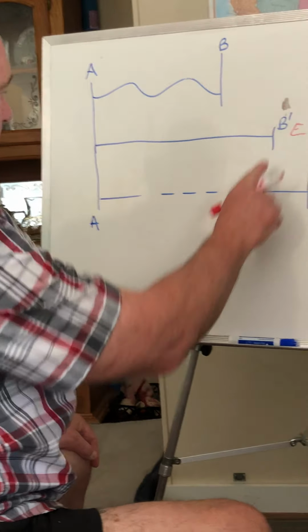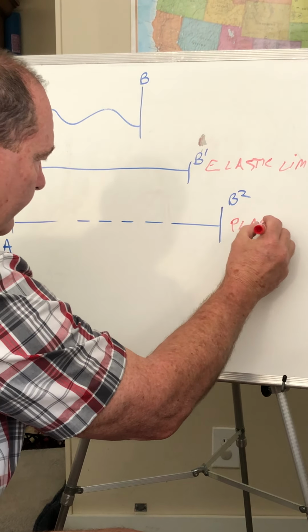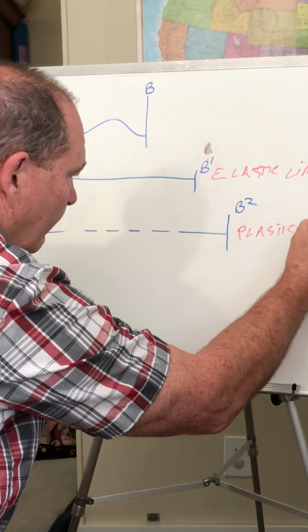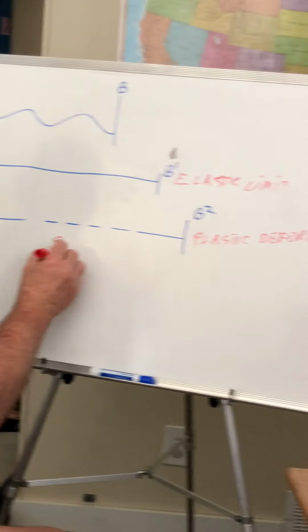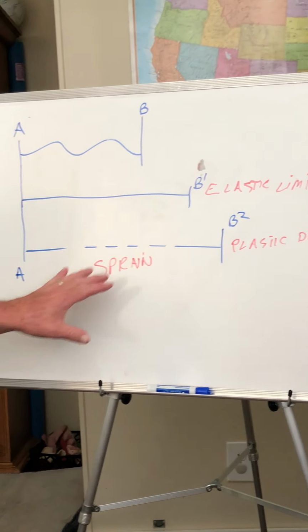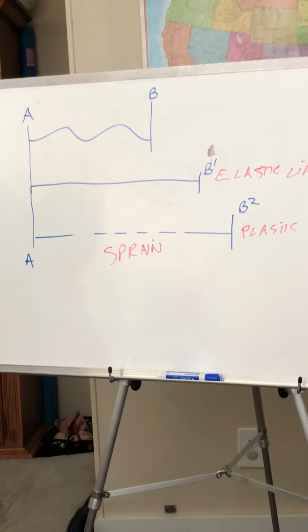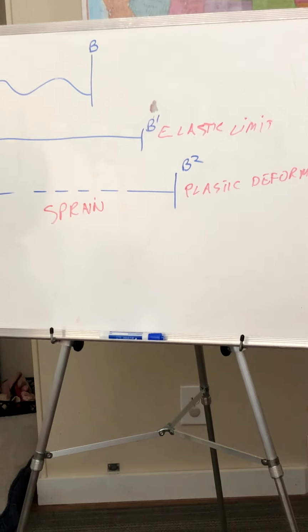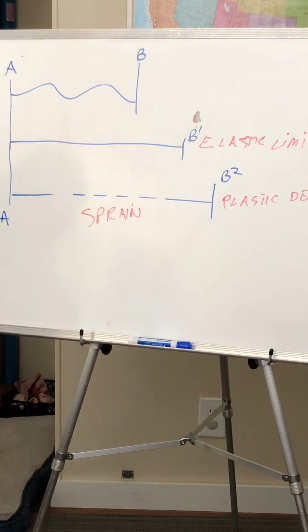If, let's say, you stepped in a gopher hole and you stretched it beyond B1 to B2, this is called plastic deformity. You don't have to worry about that because you're just going to call it a sprain. So a sprain is something that has been stretched beyond its elastic limit and you have damaged it. And of course, as some of you are going into OT or PT, you're going to have a first degree, second degree, third degree sprain, but basically, coming back over here,